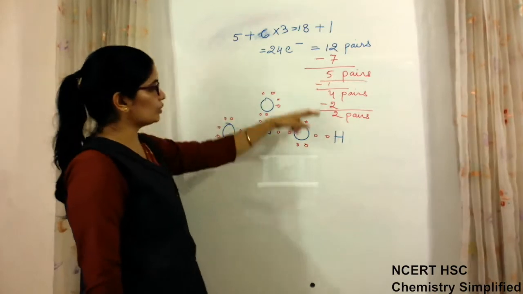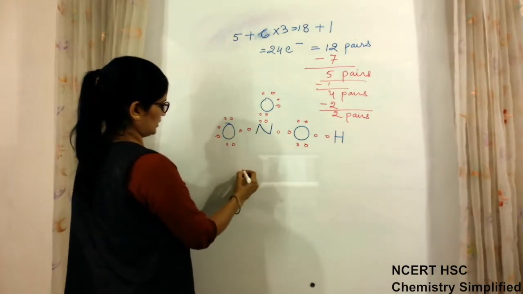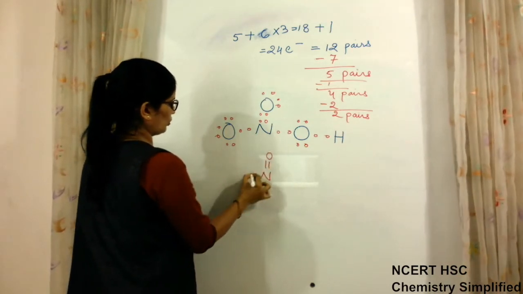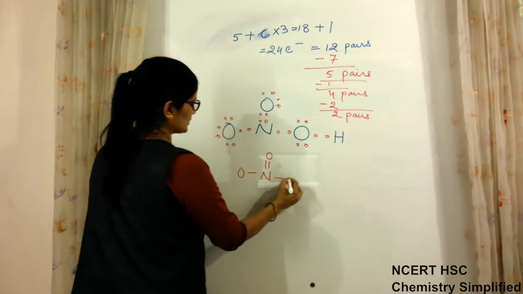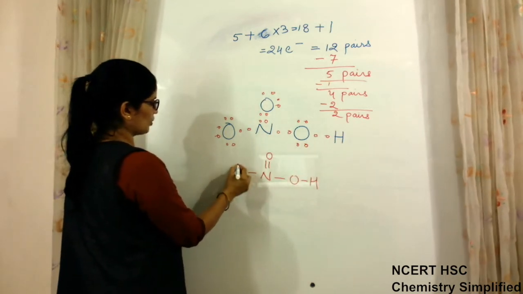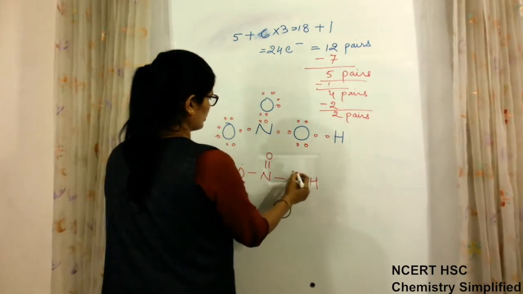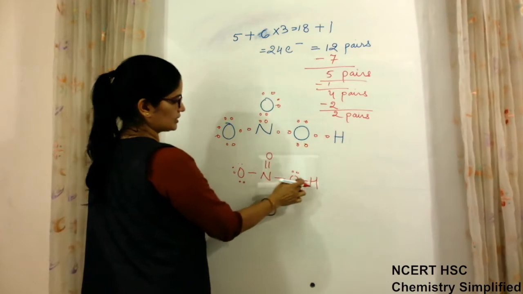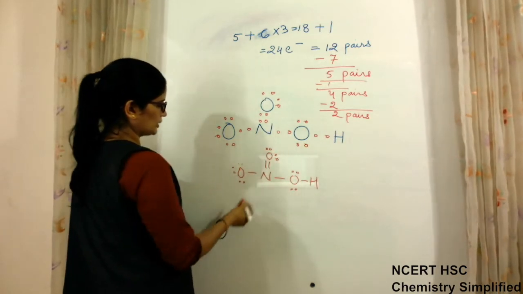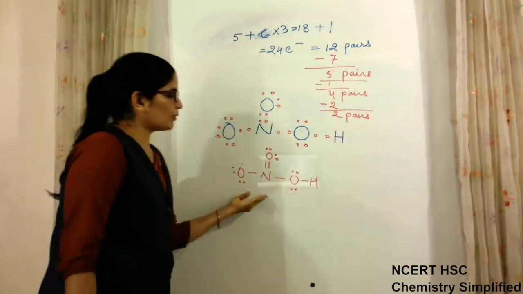And because as a whole HNO3 is neutral, in this manner its structure is completed. N double bond O, single bond O, single bond O and H. Okay, wherever there is single bond, we should have 1, 2, 3, 4, 5, 6 other pairs. 1, 2, 3, 4, because one bond this side, one bond this side. Okay, and for nitrogen it's completed. So this is bond line structure.